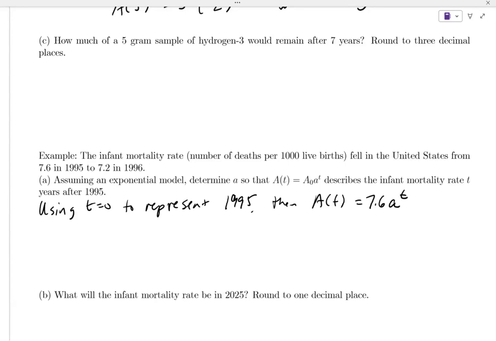The other piece that we need to figure out is the a, right? We need to figure out what this base is. So this is going to be a little bit, not too much different, but a little bit different. The other piece of information that we're given